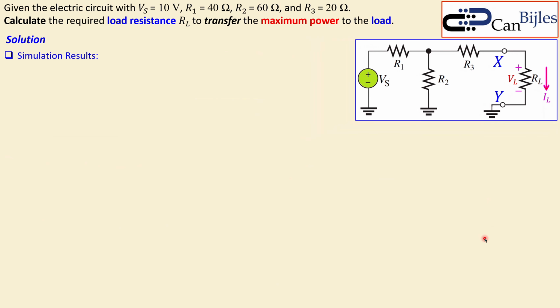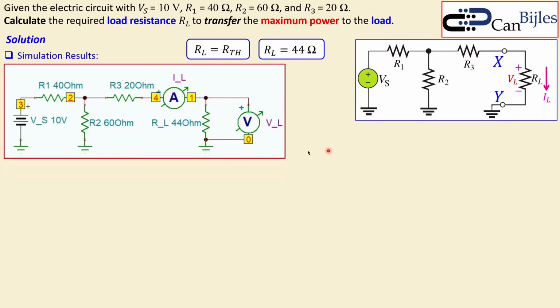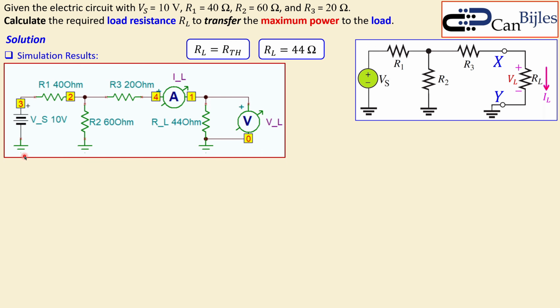Okay, now let's also look at the simulation results. This is what we have determined, and this is now the circuit I have prepared in the simulator. You can see the voltage source of 10 volts and also R1, R2 and R3. And this is the current meter. It measures the current from left to right in a positive fashion. And this is the load of 44 ohms. And this is also the voltmeter to measure the